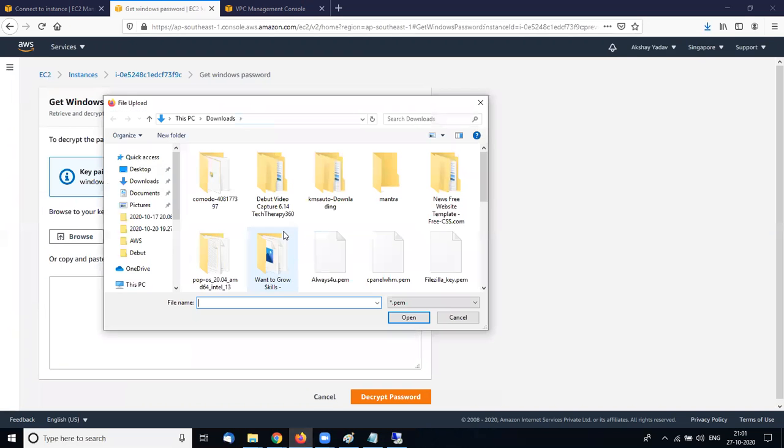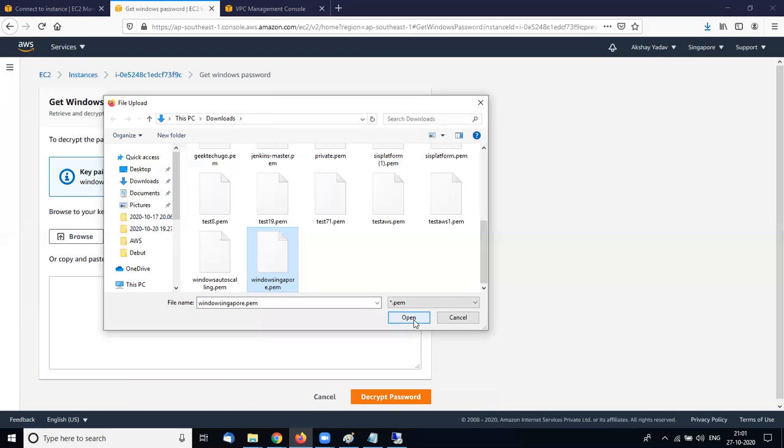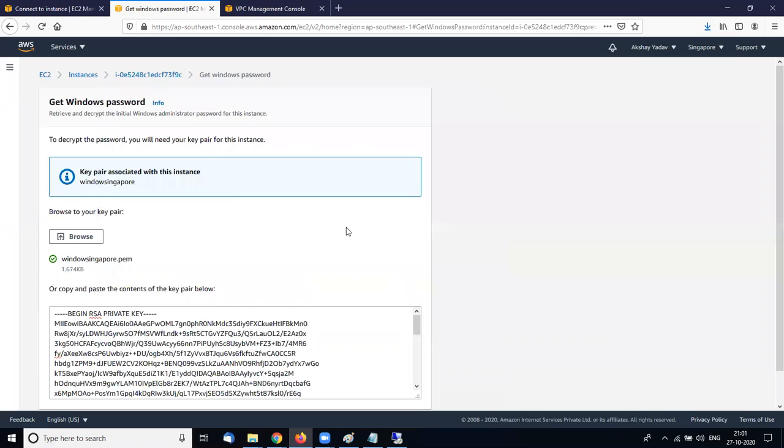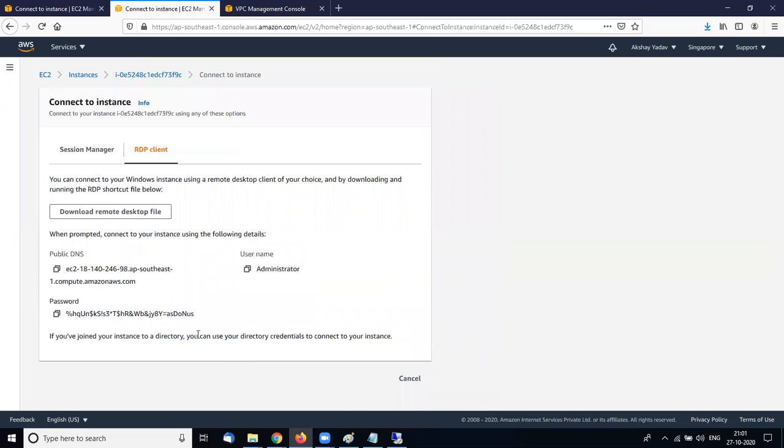Browse my file, here is my file, Singapore region, and paste this. So this is my password.